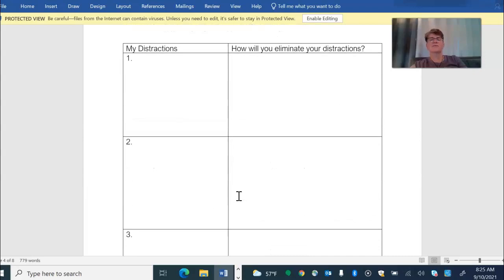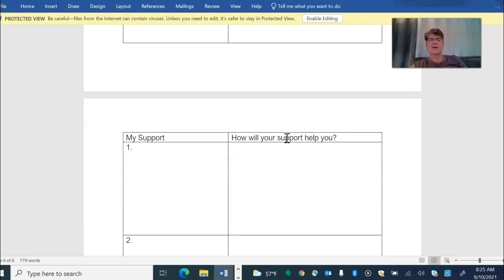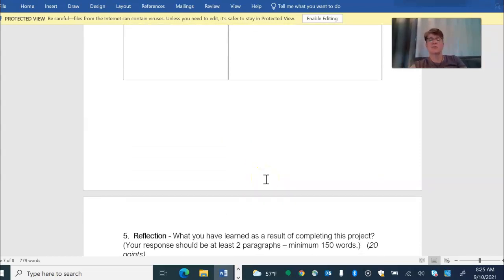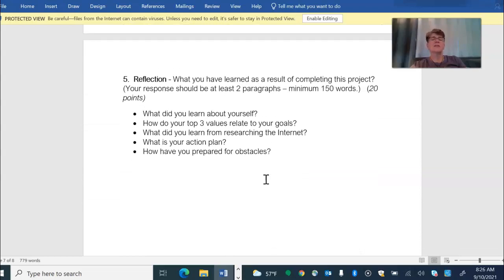And then you're going to list 3 distractions or challenges that you have in your life that could prevent you or cause you difficulty in reaching your goals, and how might you, can't really eliminate them, I always mean to change that. How can you reduce those? So how do you reduce those? 3 supports you have in your life and how you plan to use those. And then a closing reflection of, again, about